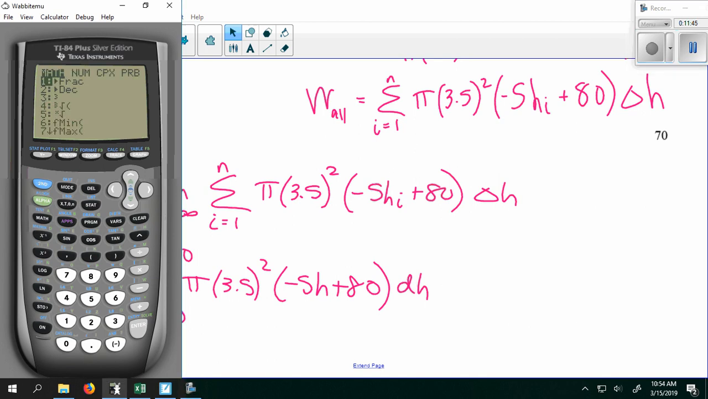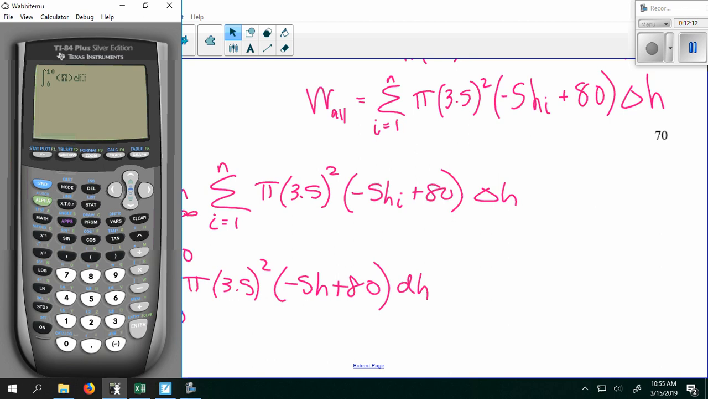So we're going to go math. You choose fnInt for function integration. It's option 9. And if you have a newer calculator, you just type in all the, you make the calculator look like your integral. And if you have an older calculator, I'll remind you of the syntax when you're working on the activities. So I'm integrating from 0 to 10